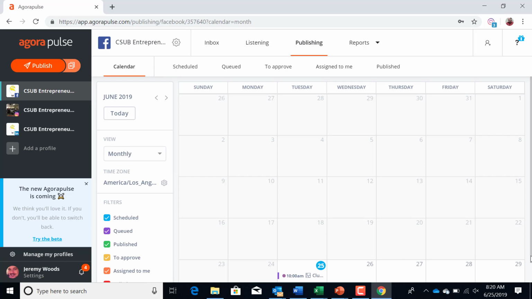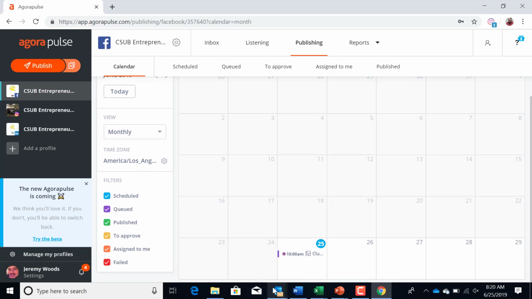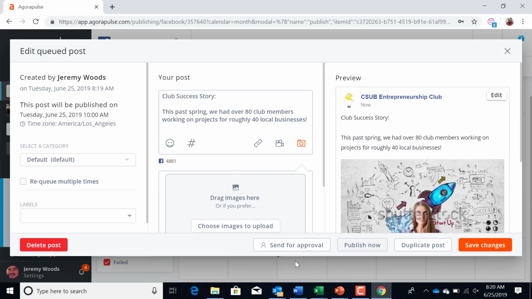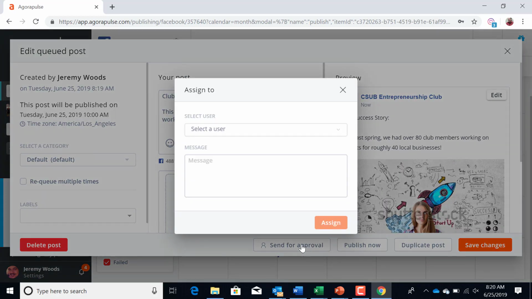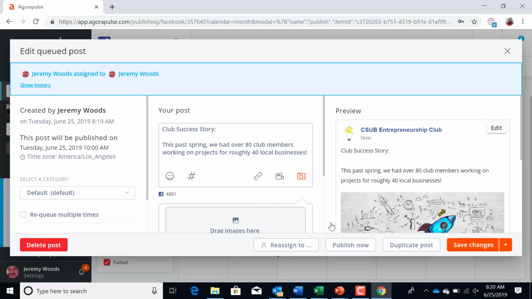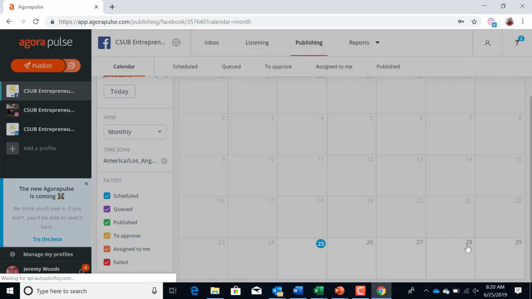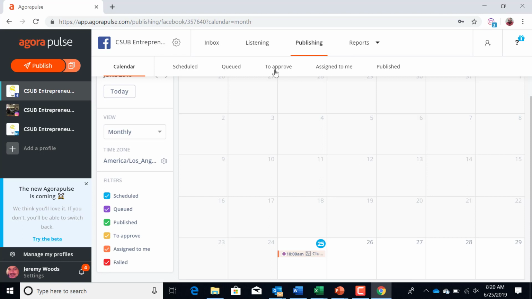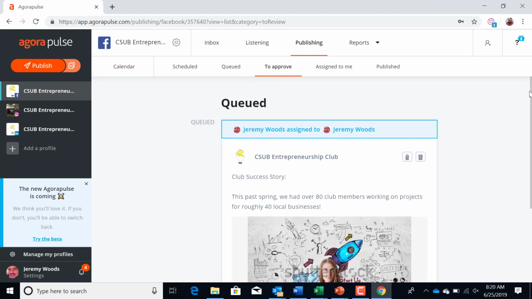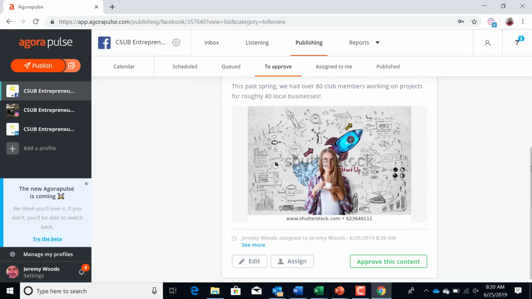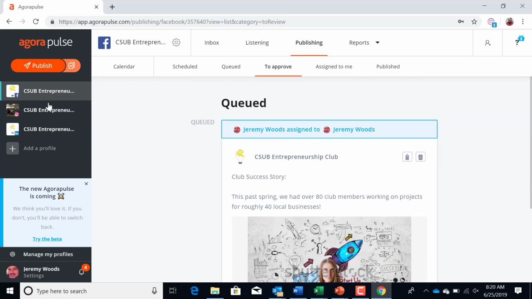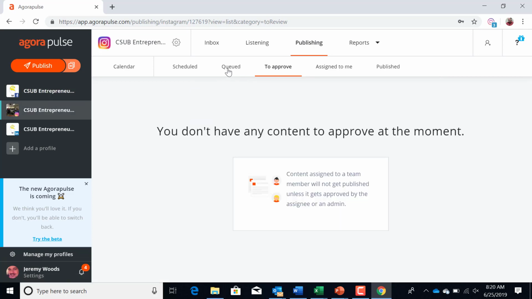I want you to go in here and actually send for approval rather than queue. So go ahead and assign that to approval and save changes. And now I have things to approve. So whenever you queue something,